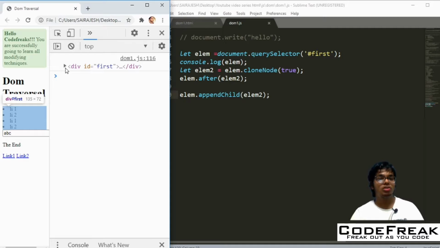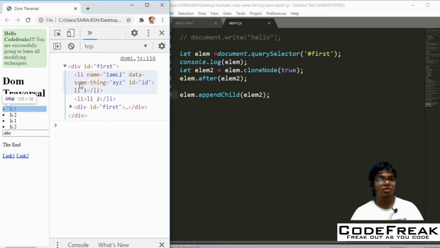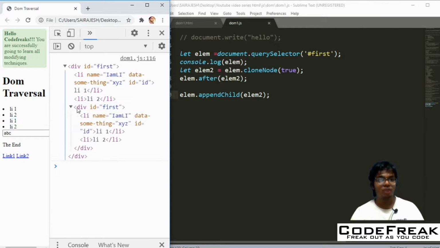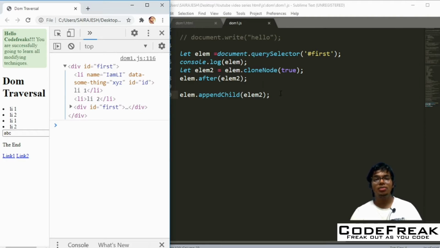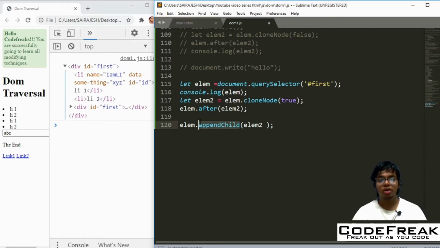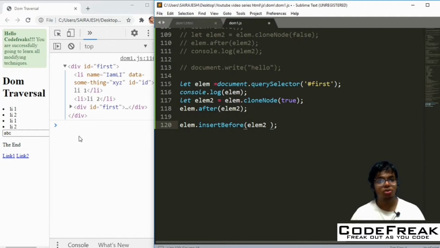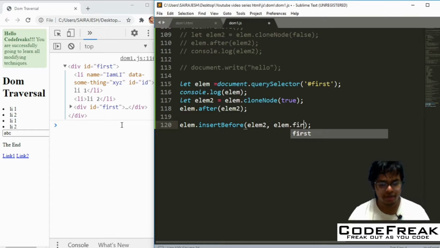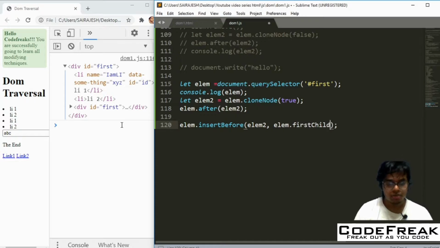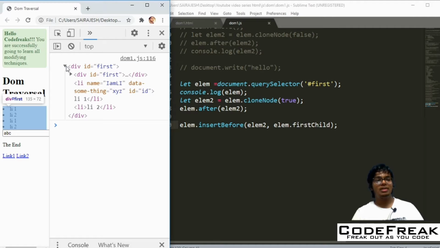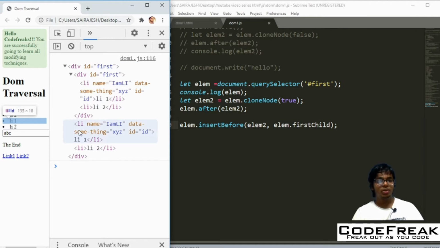If I actually go to this div, this lm div, it contains the whole thing. So it has two, and then inside this div you have one more div. So that's how it is. You insert it at the end, okay. If you want to do insertBefore, you can do that also. So you want to insert before this particular li, for example. So let's actually do that. lm dot firstChild, or you can do lm dot firstElementChild also. So if you see, now you get this div first, okay, and then you get these.